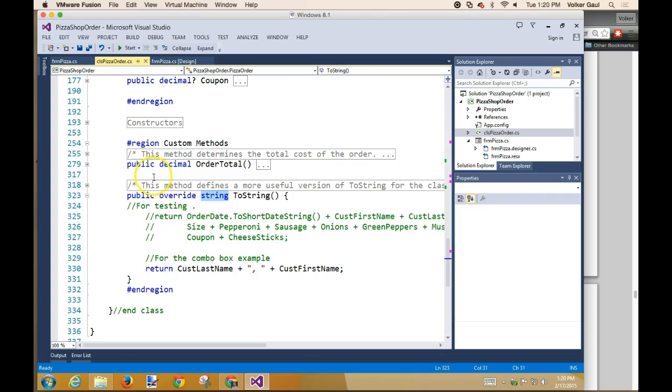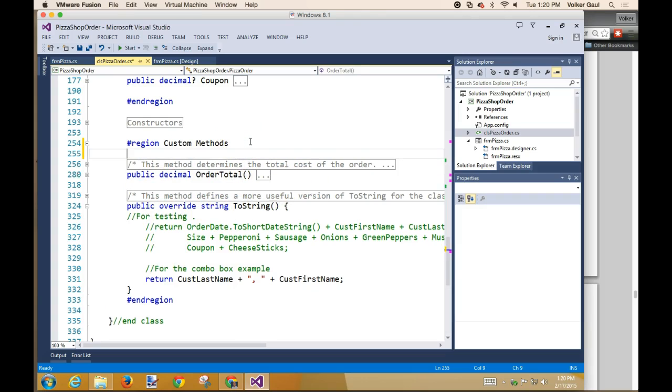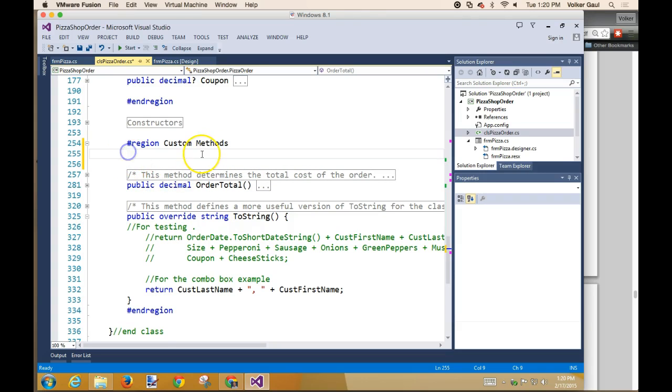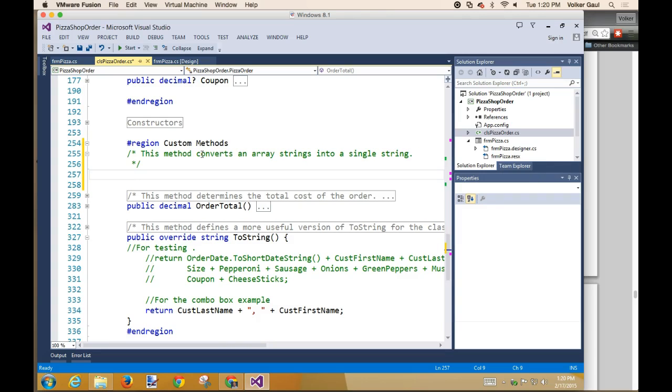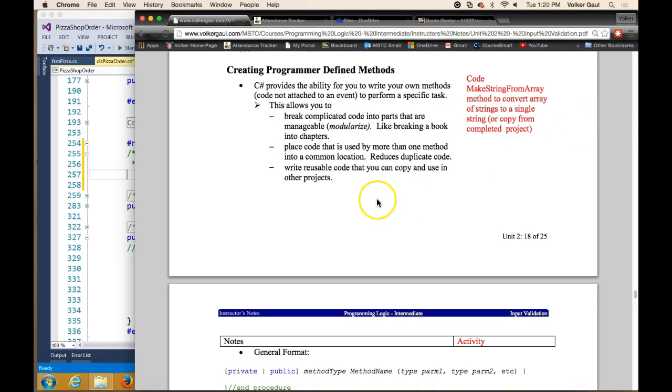It's a custom class. And its name is MakeString, so it'll come tucked under here. Not a custom class, a custom method, excuse me. This method converts an array of strings into a single string. In my notes now. When we define a method,